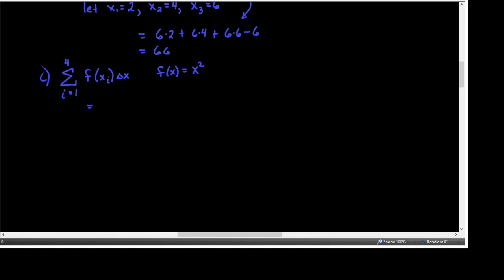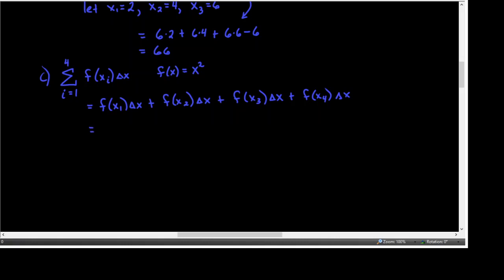So we're putting 1 in for each I. That'll be f of x sub 1 delta x plus, now put in 2, that'll be f of x sub 2 delta x. Then put in 3 for I, be f of x sub 3 times delta x plus, now put in 4 for I, that'll be f of x sub 4 times delta x. By the way, this is actually kind of cool. This example's a calculus thing that they're kind of slipping in here on you, which is really kind of cool in my estimation. Anyway,